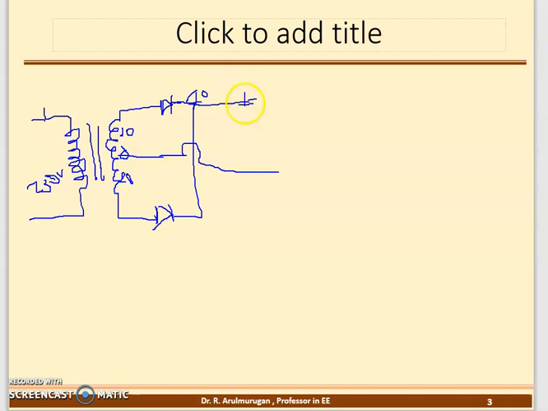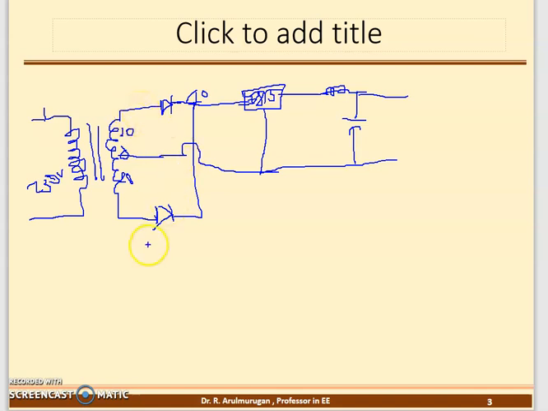Then you use a constant voltage regulator, the 7815. So with the 7815 voltage regulator, here is a ground terminal, with respect to the terminal. If you are going to use a filter also, an inductance and capacitance LC filter, I will use L and C. Then the output is DC. So this is the method, a full wave rectifier.